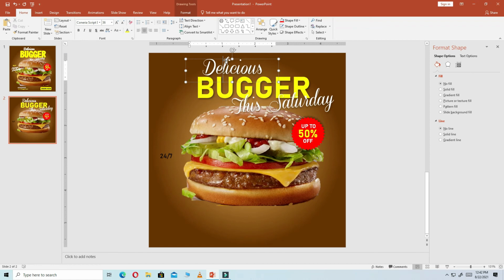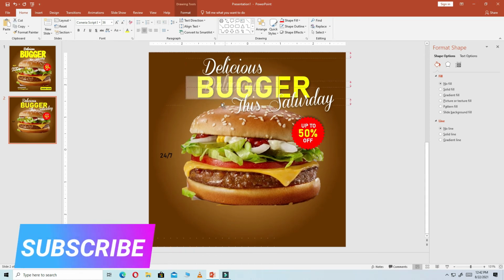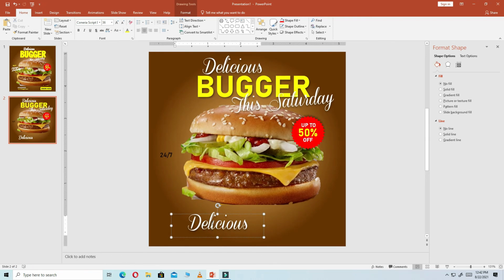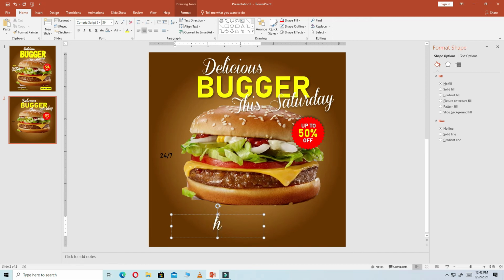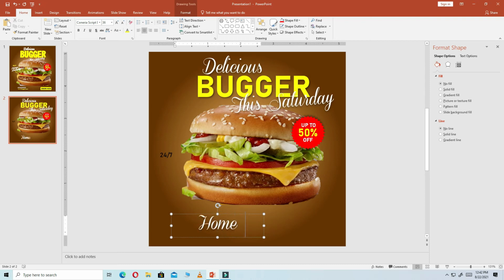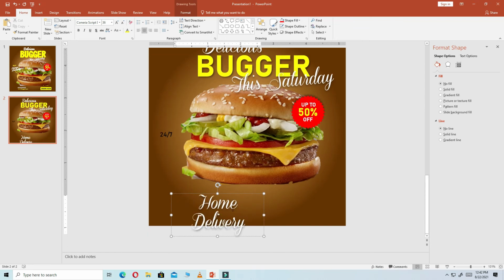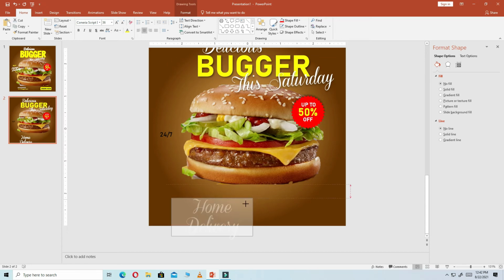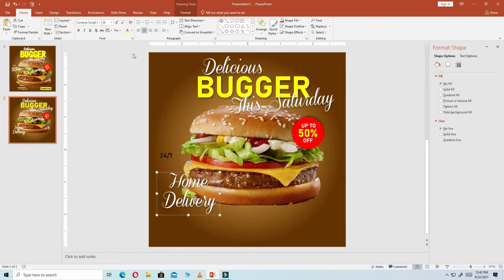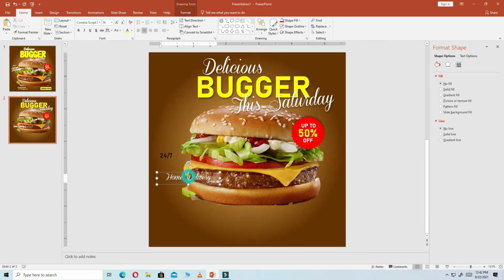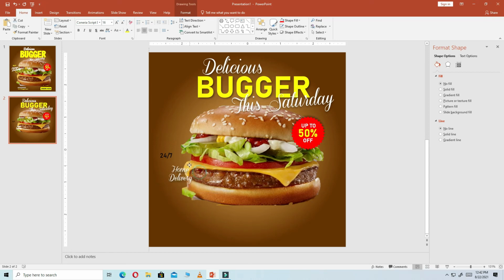and then I'm going also to click Control on my keyboard, and then I will copy this one, and then I will type here home delivery, like that's home delivery, and then I'm going to reduce it, it has to be somehow smaller, so we will reduce the font size like that, and even I'll put it down like that, and then we are going to make it here, bring this one,